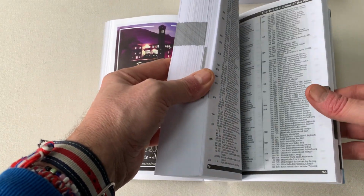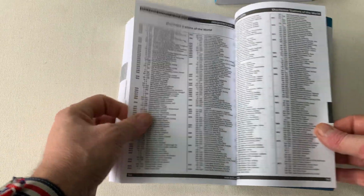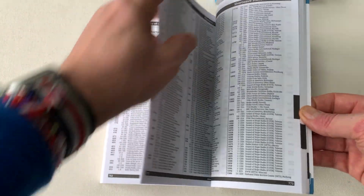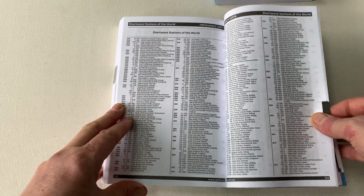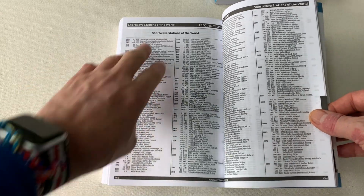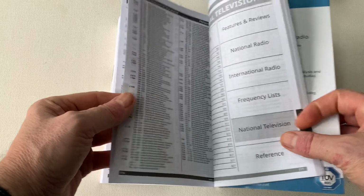What is interesting is that I always look at shortwave stations of the world. So this is basically the state of shortwave broadcasting. Last year, there were 17 pages of stations, 2022. This year, there's 14, I think. So again, you look at that and you think, well, the numbers have gone down, but I think they're using smaller fonts actually, so it might be quite meaningless. But as you can see,